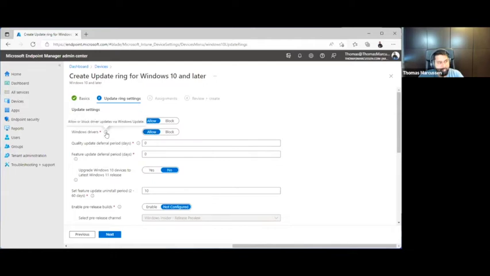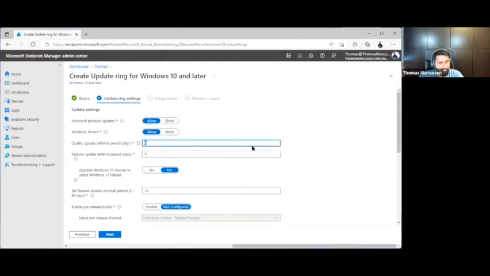Do we want to allow for drivers or block those from Microsoft Update? It depends, really. If you run a tight, closed environment, very controlled, and you do update drivers manually, you could potentially block this. But most I've come across don't really update drivers once the hardware reaches the users. So it's a very good way to keep your drivers up to date as well.